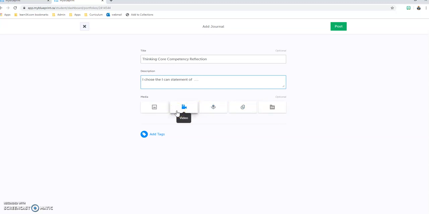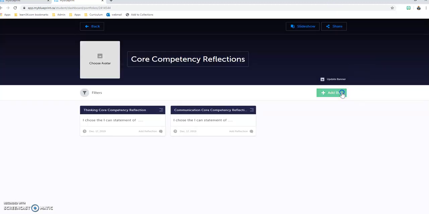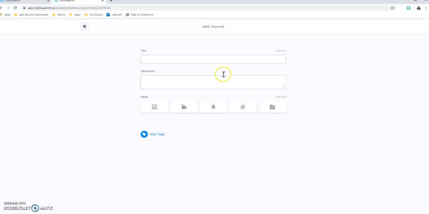If you add media, you still need to type a description, because if you don't type a description, we're not going to understand what that media is showing us. So you're going to sort of explain it. And then click post. And you need to do this 3 times. So let's do it one more time. Add journal, and the last one is your personal/social